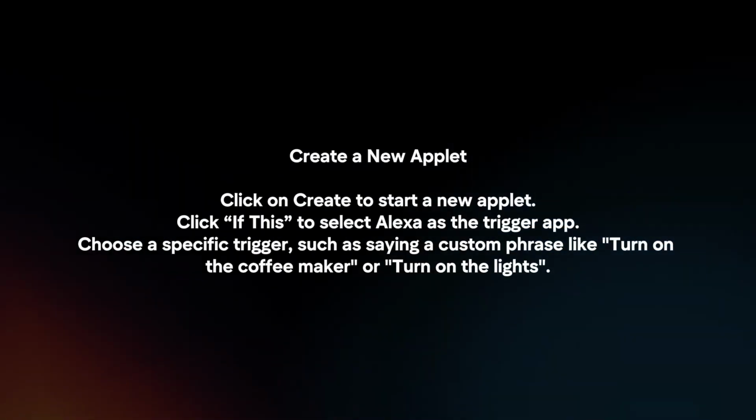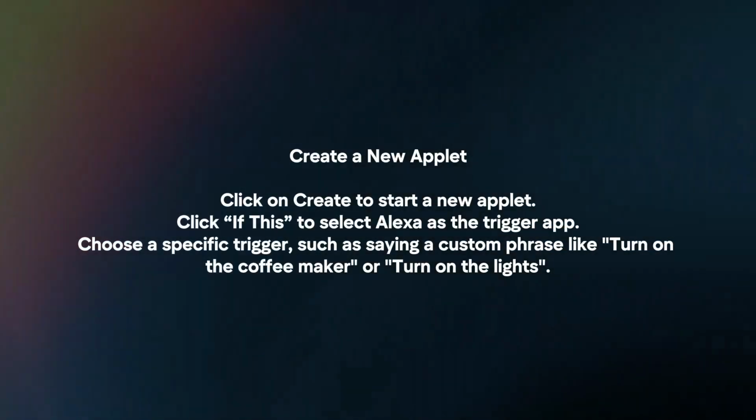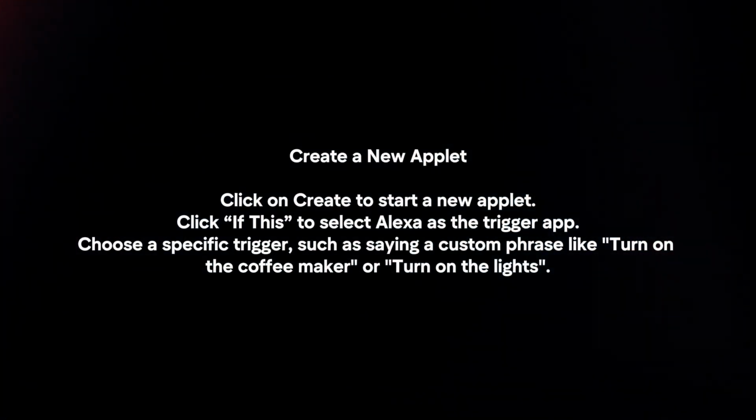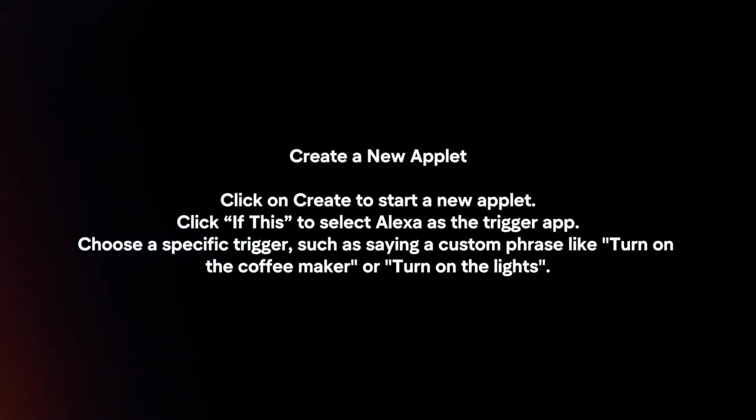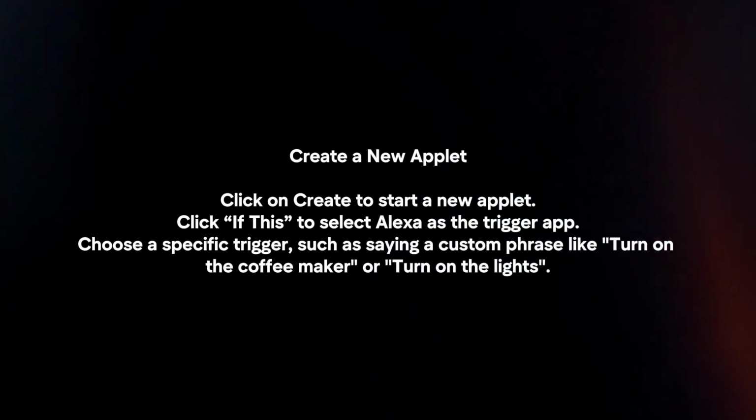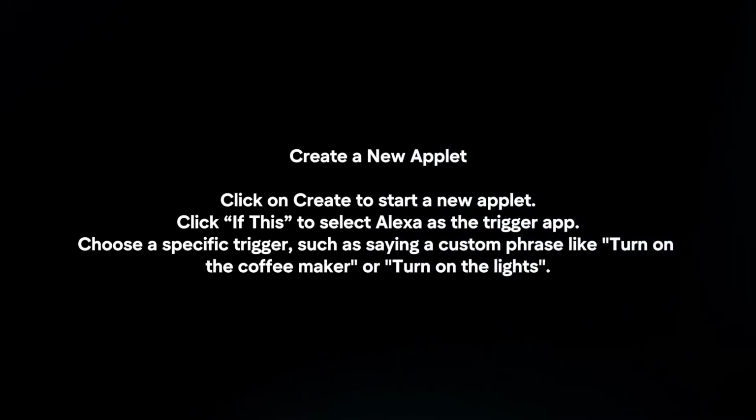Create a new applet. Click on Create to start a new applet. Click If This to select Alexa as the trigger app. Choose a specific trigger, such as saying a custom phrase like "turn on the coffee maker" or "turn on the